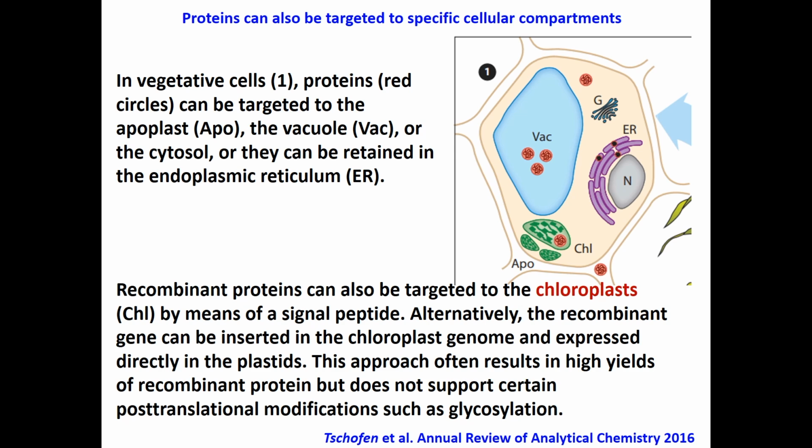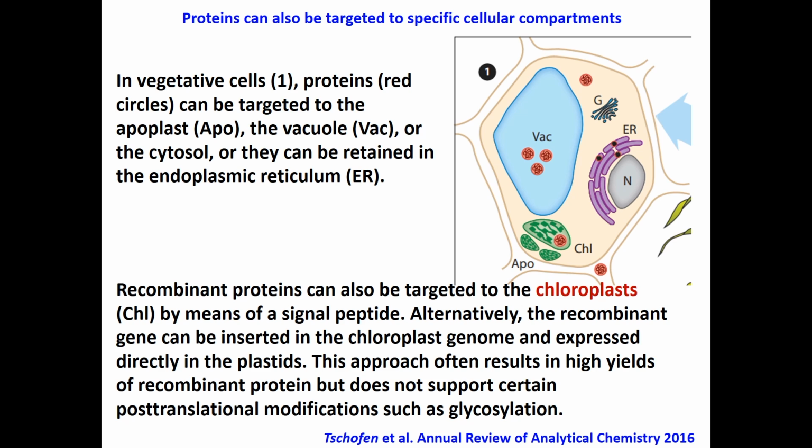Recombinant protein can also be targeted to the chloroplast by means of signal peptides. How? For transforming the protein or gene to these individual tissues, you need to have a signal peptide. Without a signal peptide, we cannot target a protein to a particular tissue or